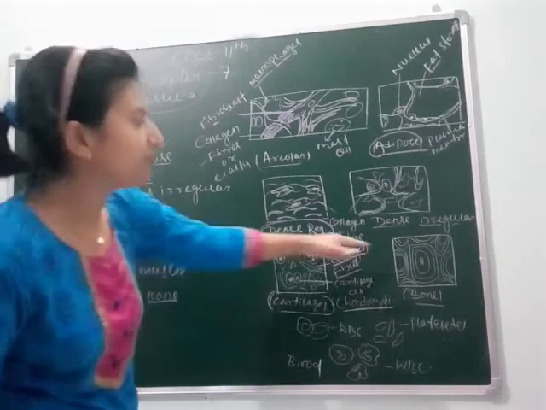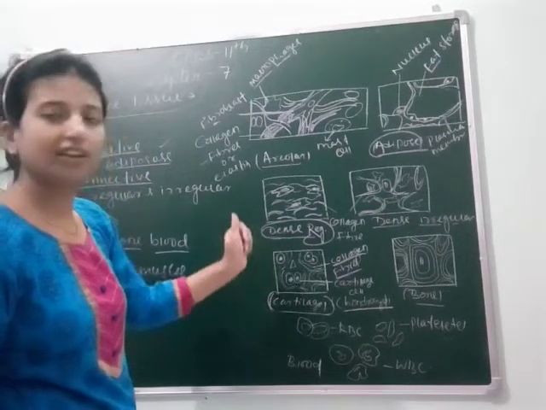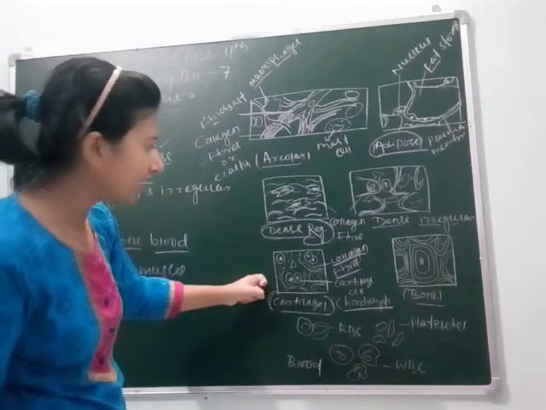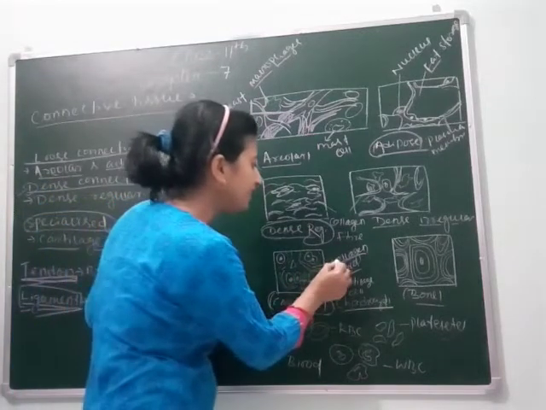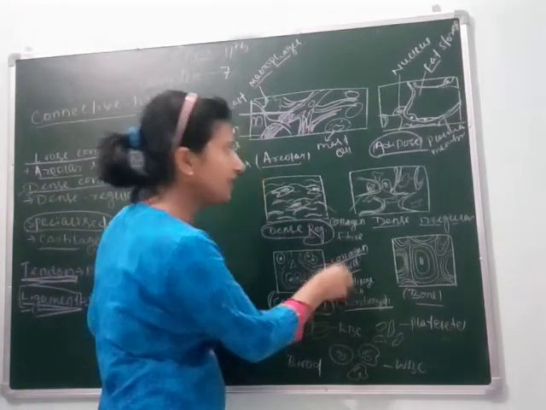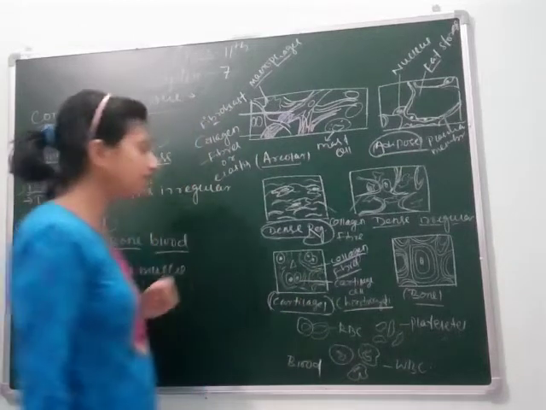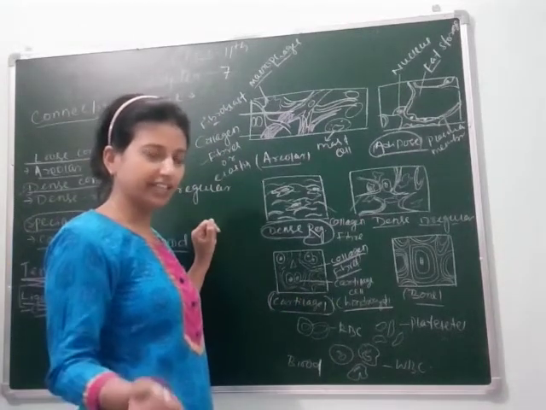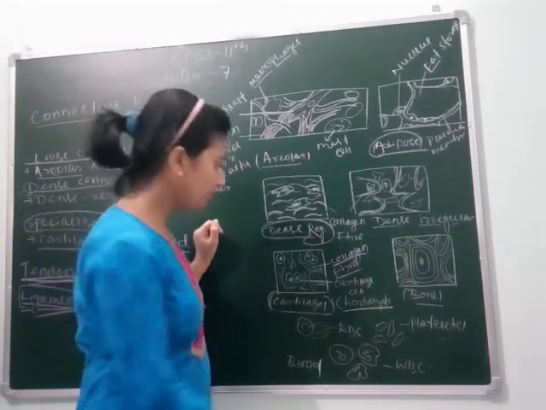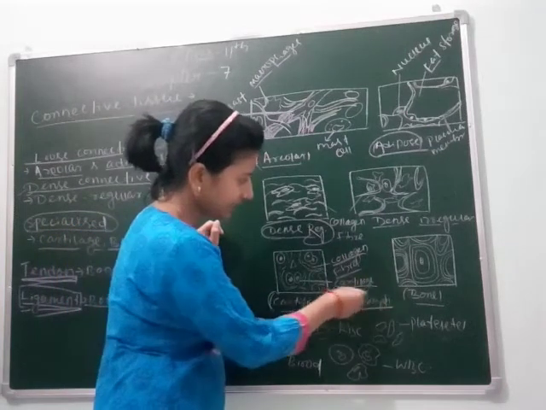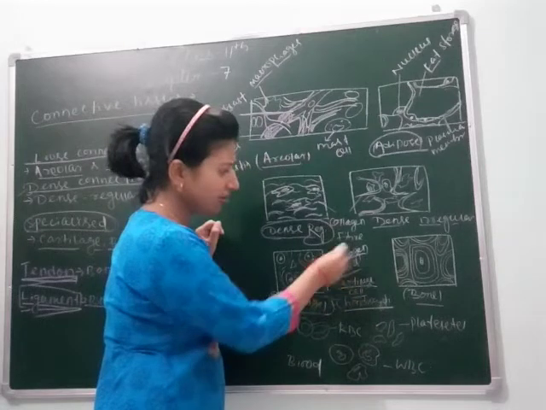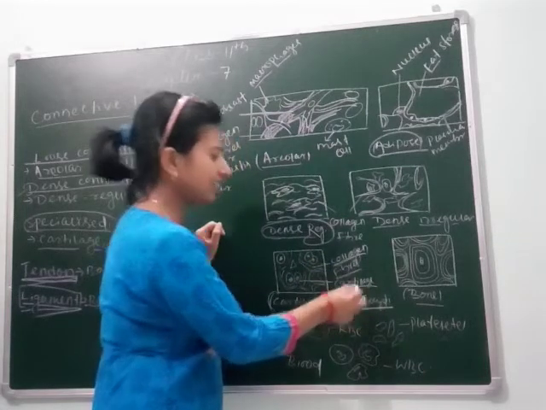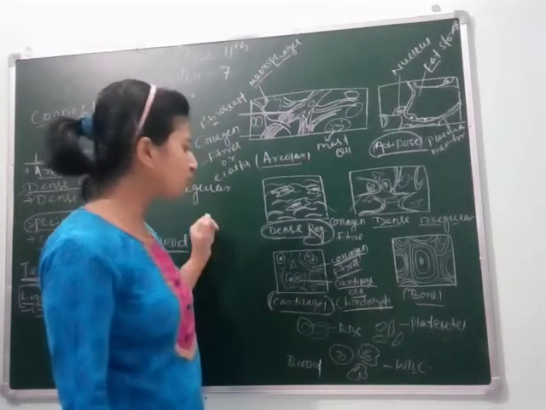That's why they are specialized tissue and interconnected to each other. This is your cartilage. You can see here are the collagen fibers. As I have told you the function of collagen fibers, secreted by fibroblasts, they give strength, rigidity and support, and the cartilage cells are covered by the collagen fibers. Cartilage cells can also be said as chondrocytes.